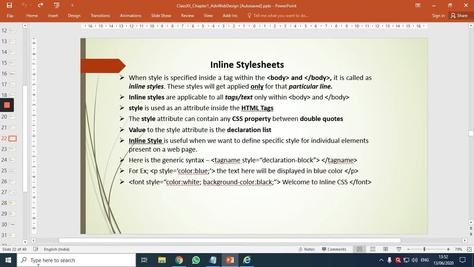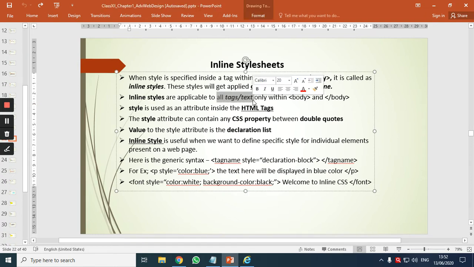And these styles get applied only to a particular line or a particular text which is surrounded by a tag. I've mentioned here, inline styles are applicable to all tags or text, only within body and body close, or also to the body tag.